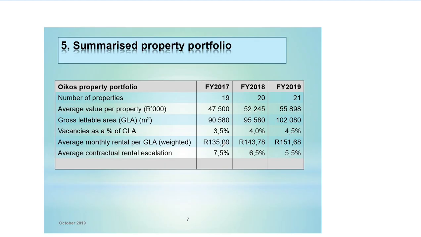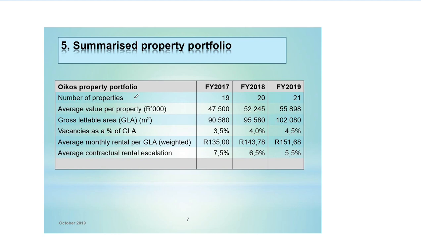Think of yourself when you're renting a property. The owner or the landlord will tell you that next year your rent will go up by 3%, by 4%, whatever percentage they give you, but you know that there will be an increase. It's similar in nature when they're leasing out to the retail companies or retailers.